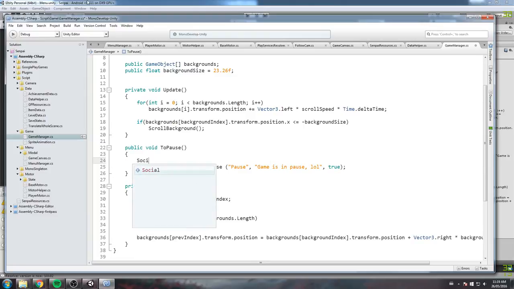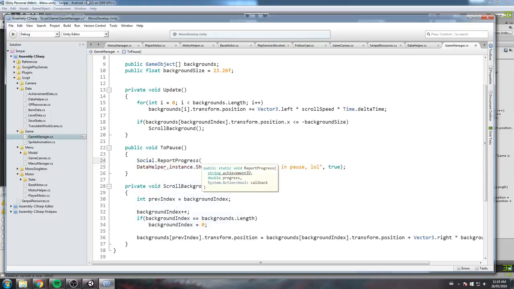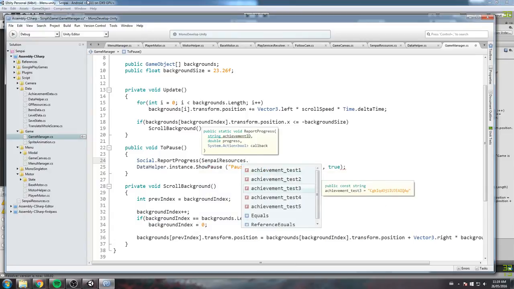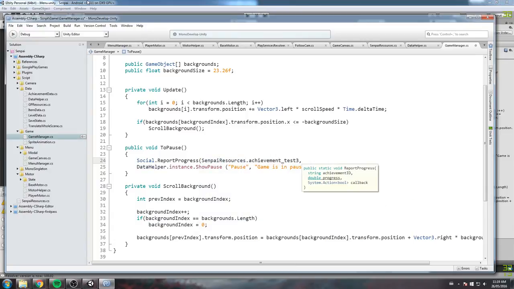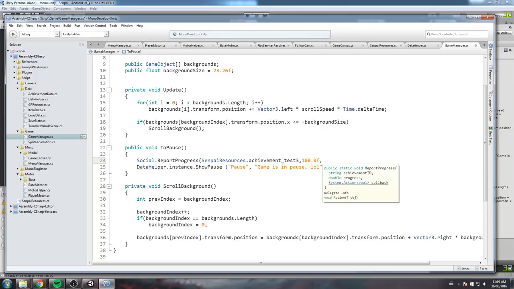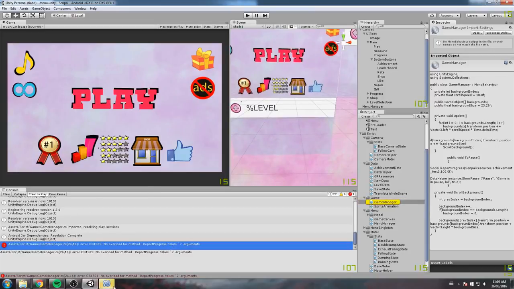So whenever I hit the pause button, I'm going to do Social.ReportProgress. I'm going to report progress on GPGSResources.achievement_test_3. So my third achievement. And then the progress is going to be 100. I want 100% completion on this. And do I need to set a callback? I don't actually want to. Can I just do that? Is it going to let me? Okay, it's not going to let me,